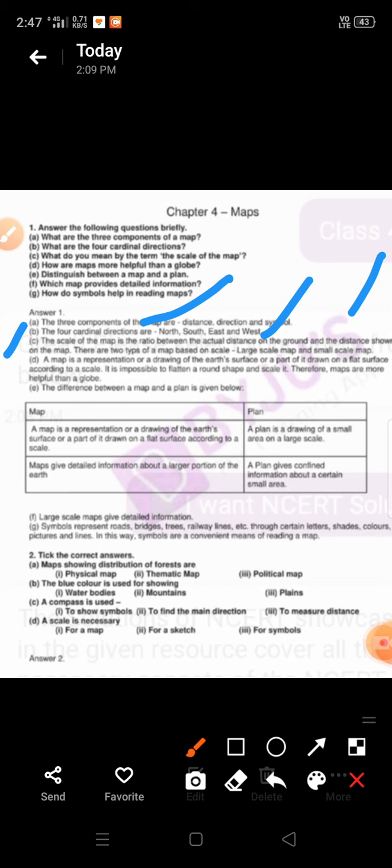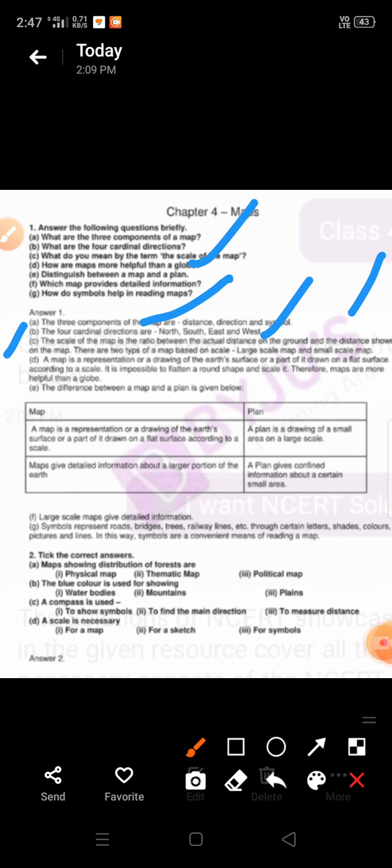Okay. Next is, how are maps more useful than a globe? The next question is, are maps more useful than a globe? Yes, obviously. A map is a representation or a drawing of the earth's surface, or a part of it, drawn on a flat surface according to a scale.